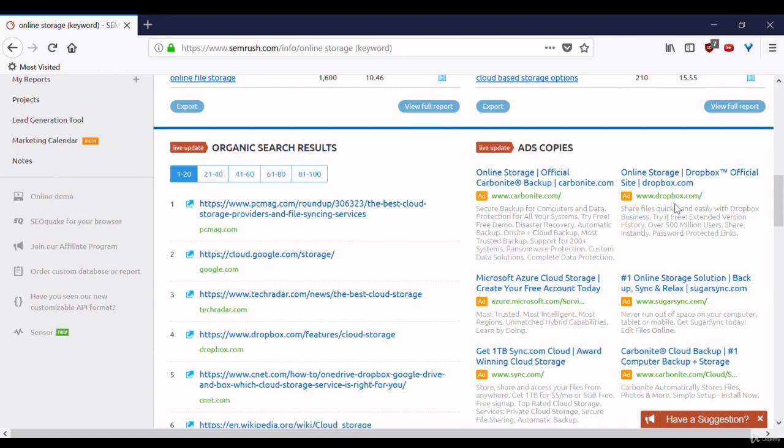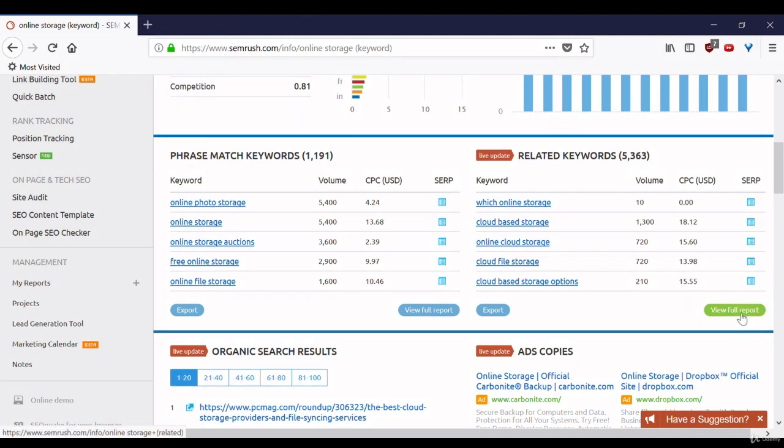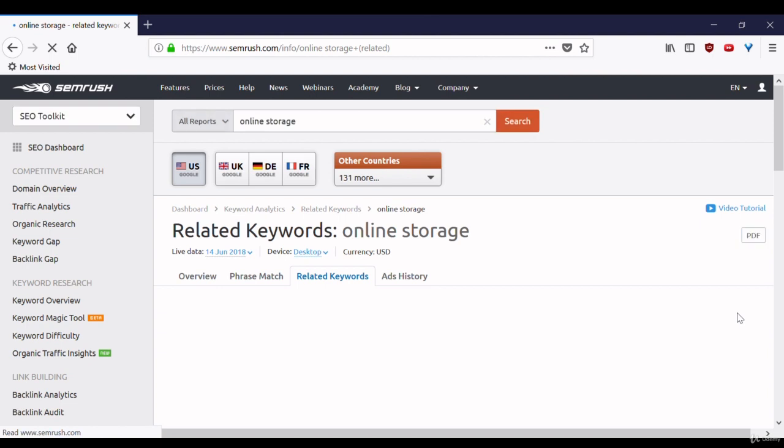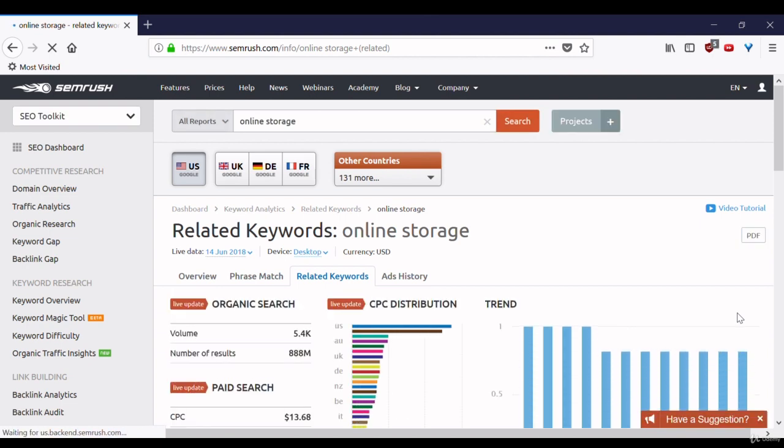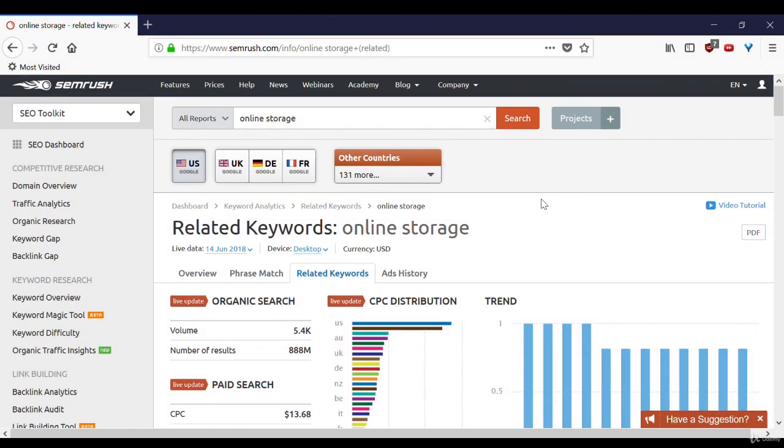Let's go ahead and view a full report of all related keywords. This is going to give you so many keyword opportunities, you're going to have work to do for months. If you want to try to target content to these particular keywords, you're going to have a ton of ideas here. If we scroll down,